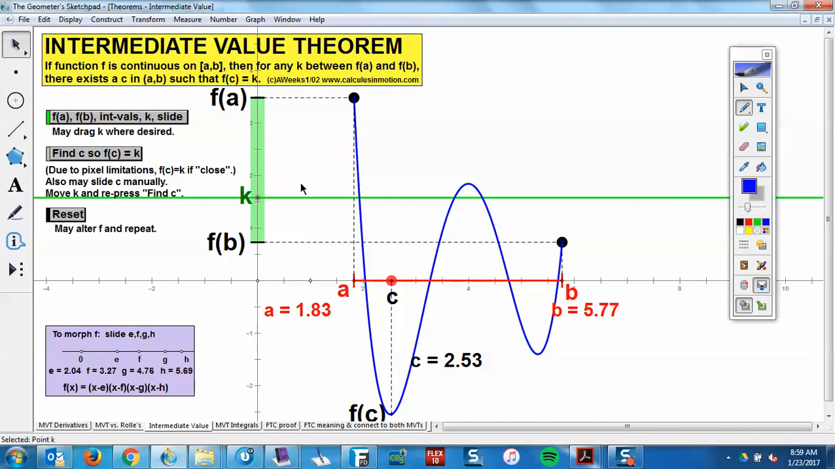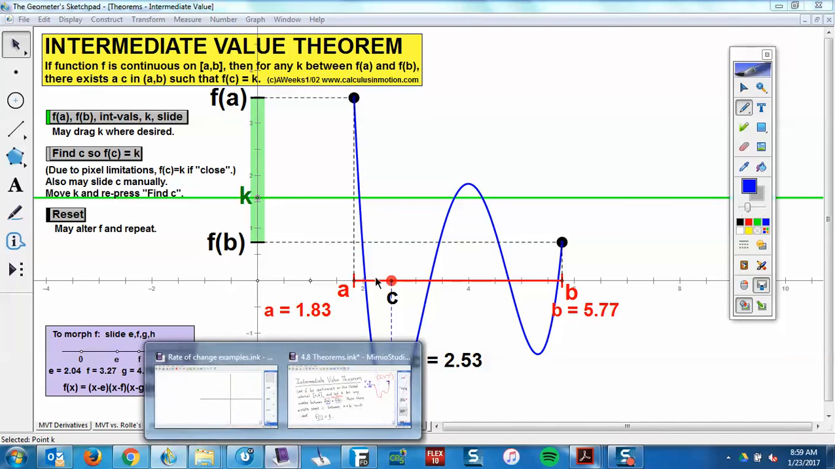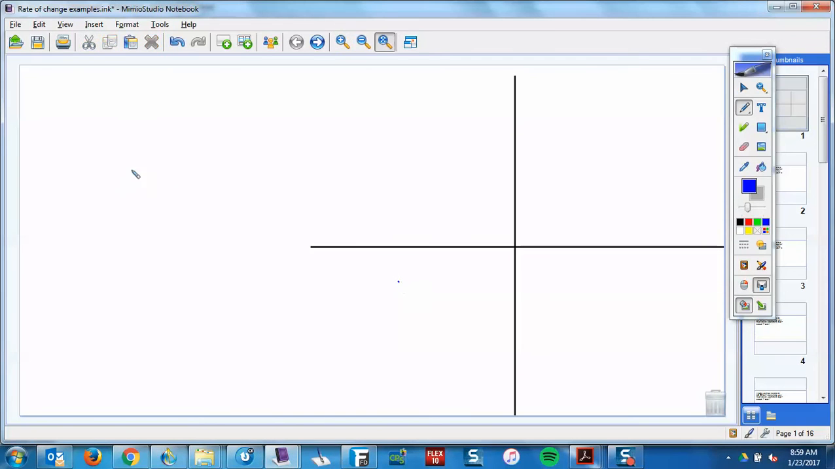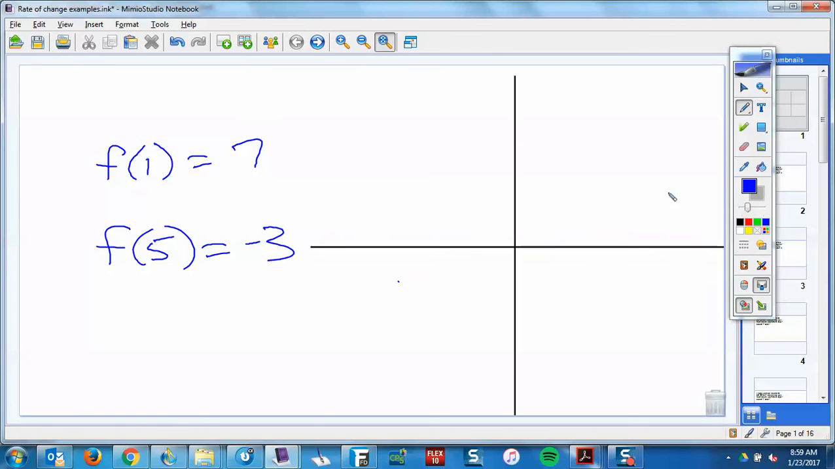Now, why is that important? Well, Newton's method is a great example. We started off with Newton's method the other day, and we said, if I do f of 1, and I get 7, and I do f of 5, and I get -3, what's that tell you? If f of 1 is 7, and f of 5 is -3 down here, what do you know? It had to have crossed here, right? It had to have crossed here. If it's a continuous function,